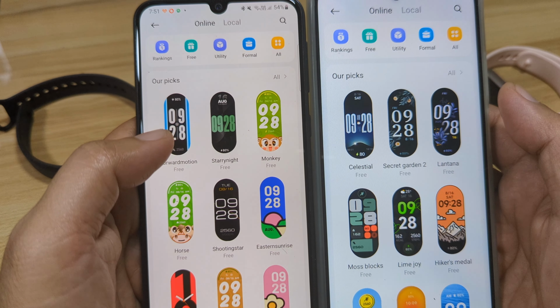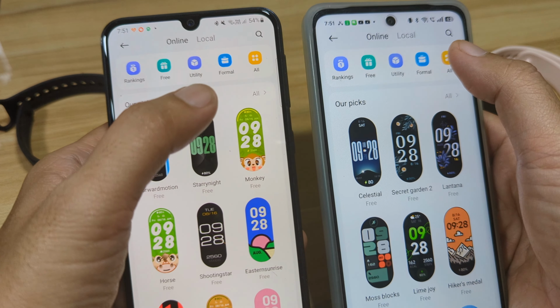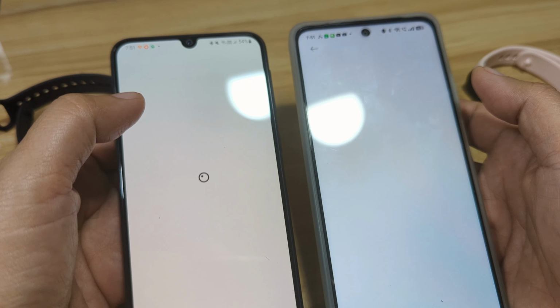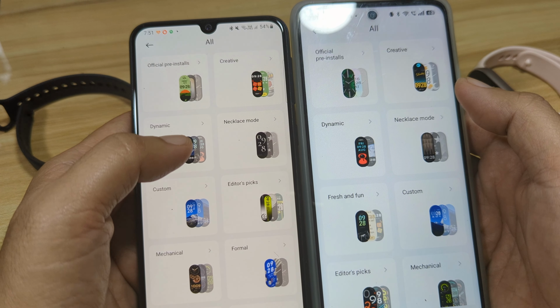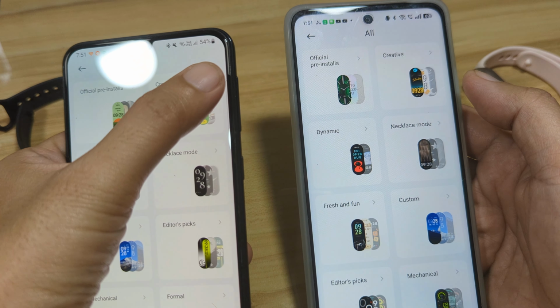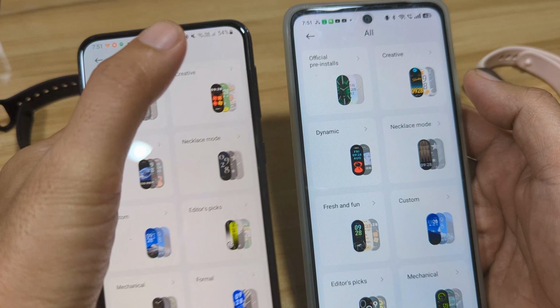Seems like it's a mess. As you can see here, we have All. When you tap All, I noticed right away on the creative section that the content is a bit different.